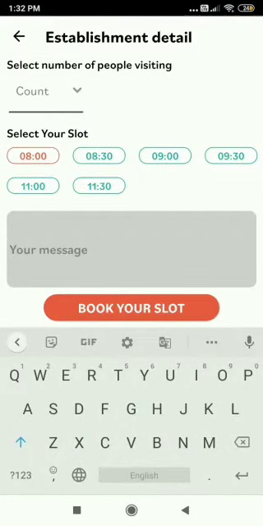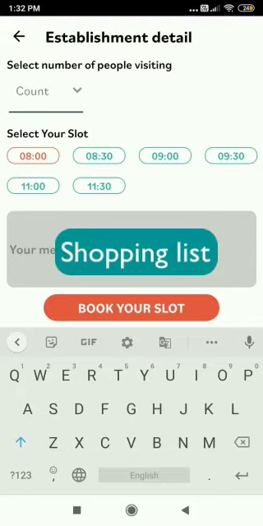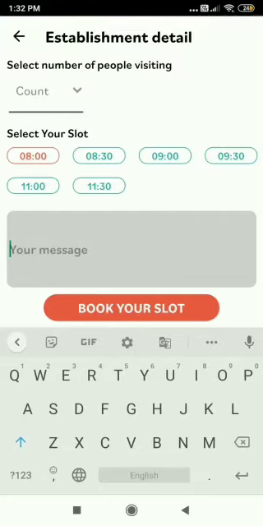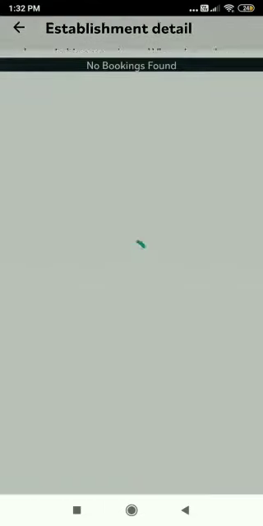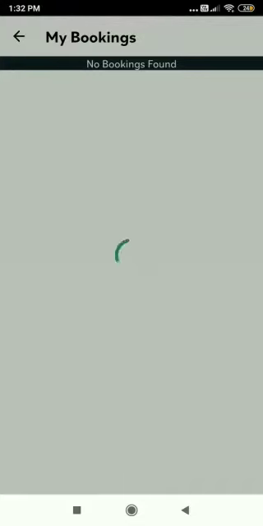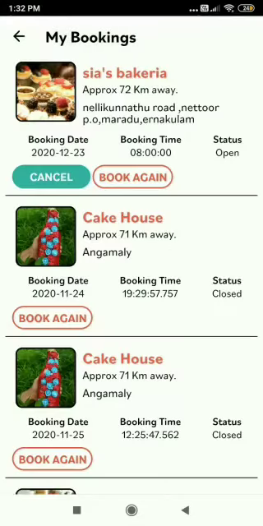In case you searched for a shop, then you can fill in the list of items that you wish to purchase in this text box. Lastly, press Book Your Slot button. On doing so, you will get a confirmation SMS and you can also see your booking in your dashboard.